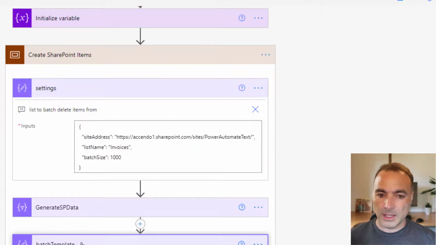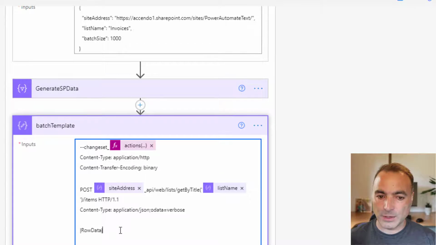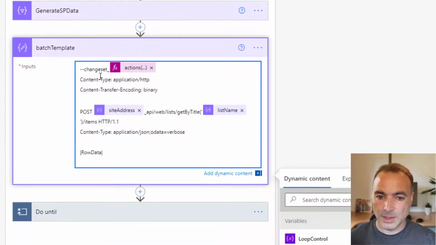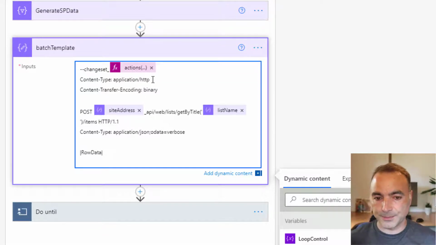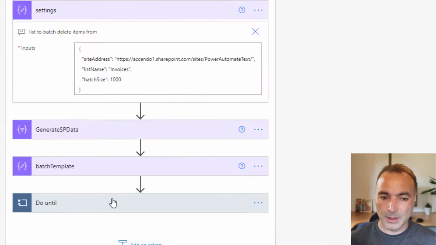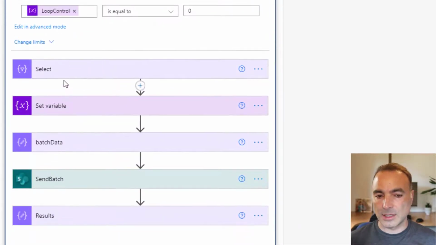So then we go into a batch template action, which is just a compose action. And this brings together the SharePoint change set string, which we need to pass in our batch action. You don't have to touch this. This is just going to be compiled for you automatically. This important part here, row data, where it's got a pipe symbol and row data, will be replaced in the next step. So then we go into a do until loop, and we're going to wait until loop control is